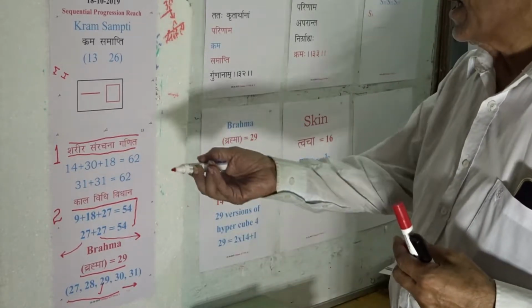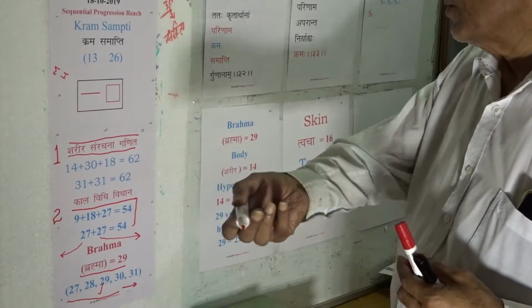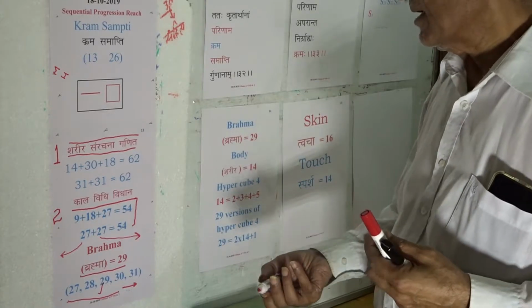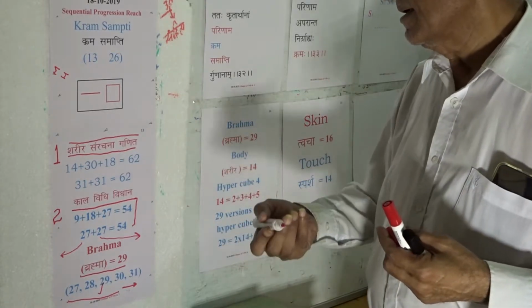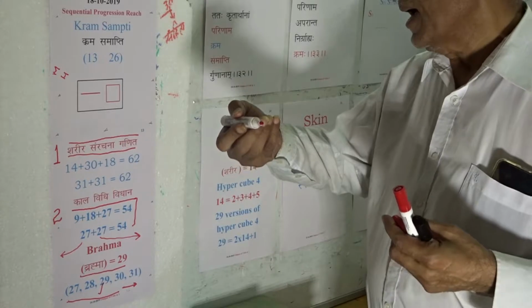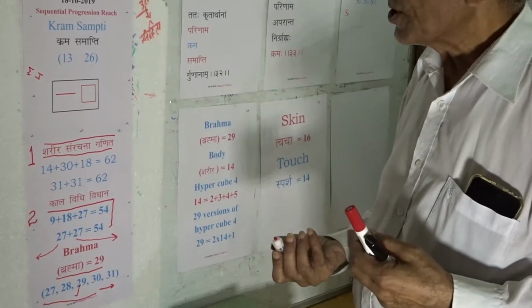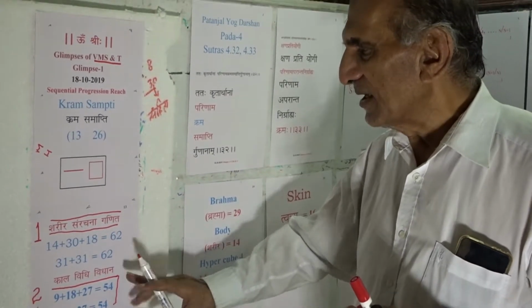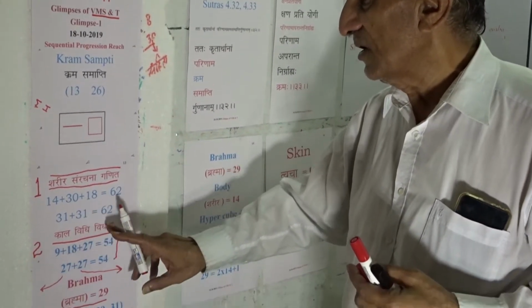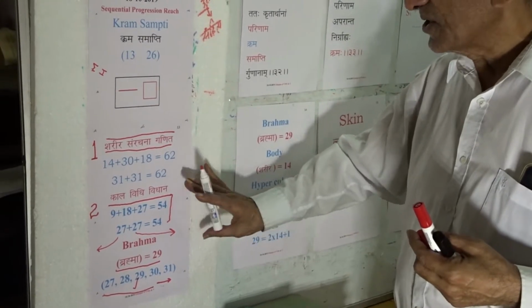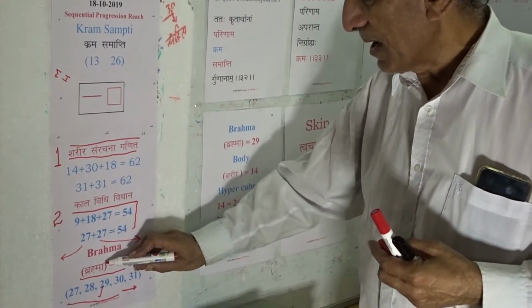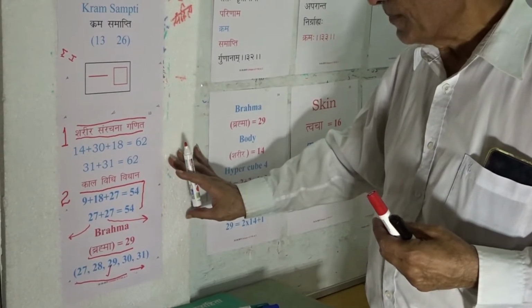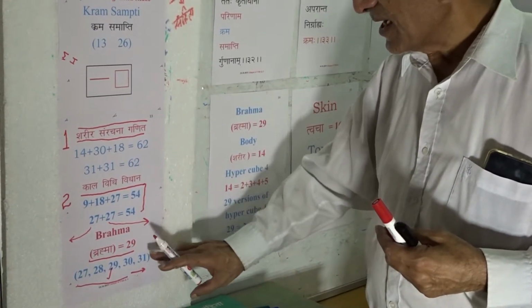So, the entire solar universe, the complete existence phenomenon of Brahma and Purusha Satta and Surya Rashmi is going to be